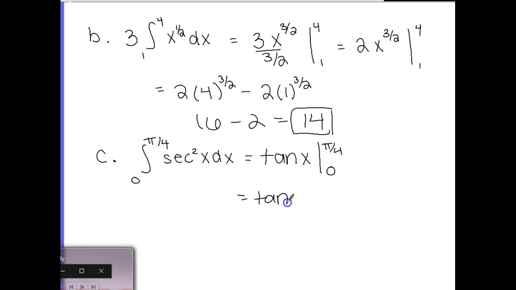Tangent of 5/4 minus tangent of 0. So tangent of 5/4 is, tangent of 0 is,